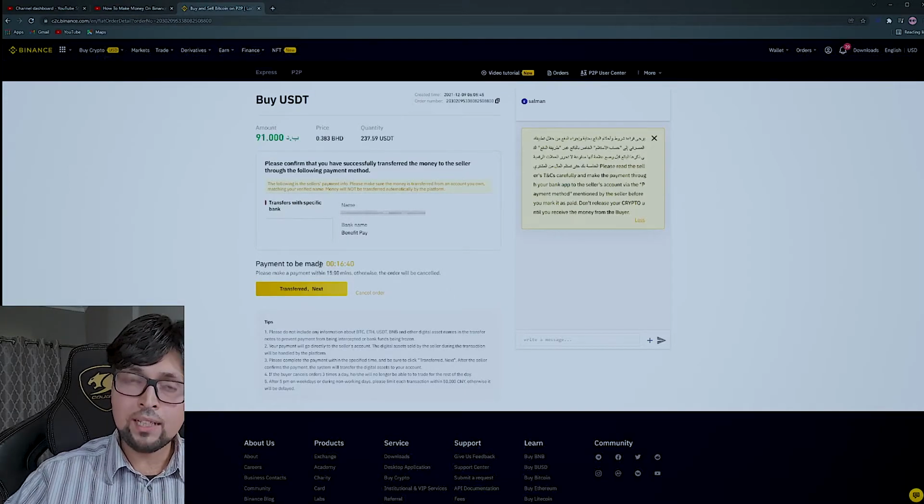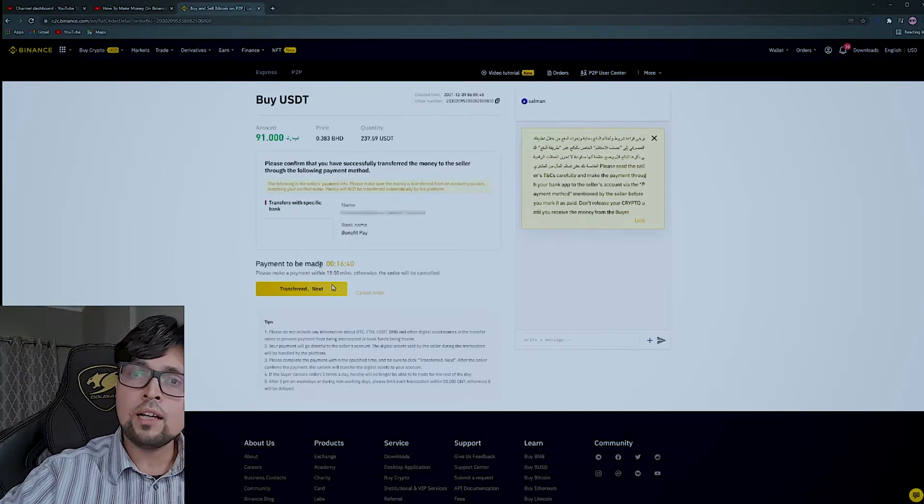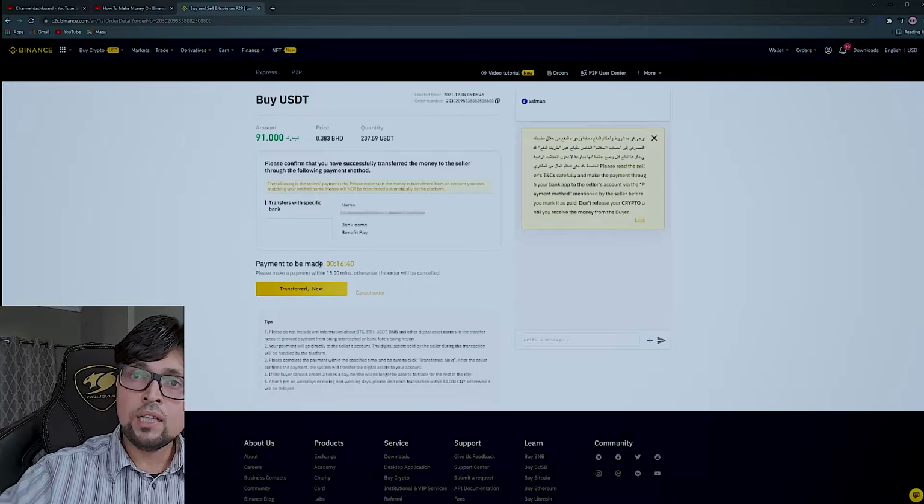So it's a good practice, either you are buying or selling. If you are buying, first communicate over here with the gentleman, click on transfer next, and then do the transaction from your account. But definitely do a transaction as soon as you click on next. Keep your account open. The reason for that is because you have a 15 minutes window over here. As soon as you click on transfer next, the order has been executed, and then this gentleman will have only 15 minutes to release the funds. In case he does not release, you have an appeal option with Binance.